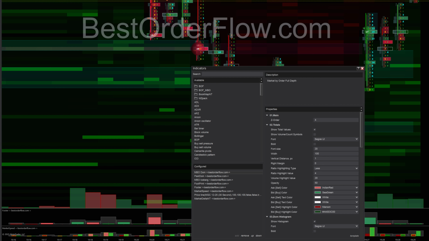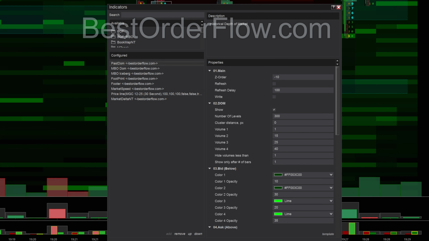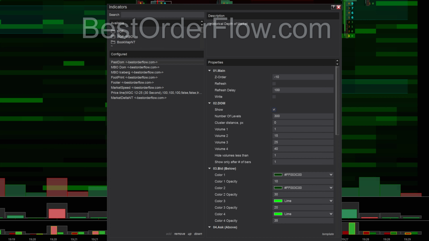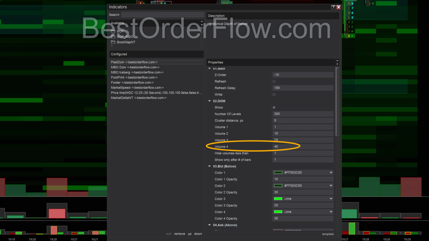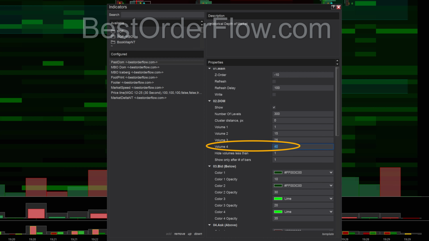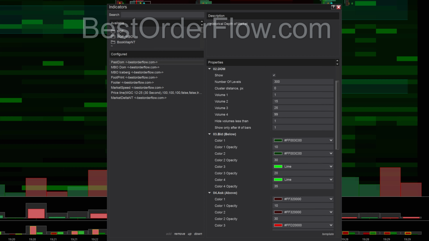Okay, I'm going to adjust these brights on the heat map. I'm going to take them away. I'm going to go to the indicators and move the past DOM indicator to the top, to the upper position. Okay, there's a volume 1, volume 2, volume 3, volume 4. Those are filters. So I'd like to hide everything that is above 99, volume 99, and assign the color for the volume 4